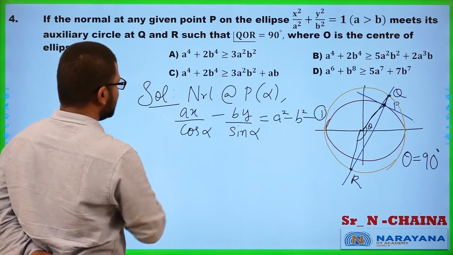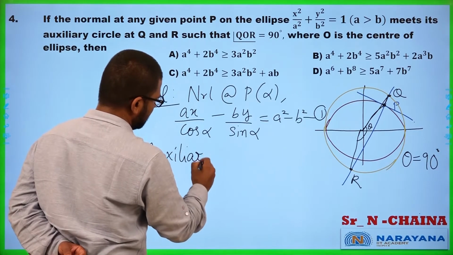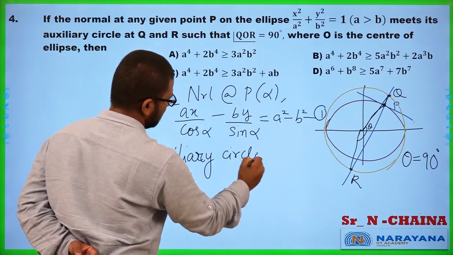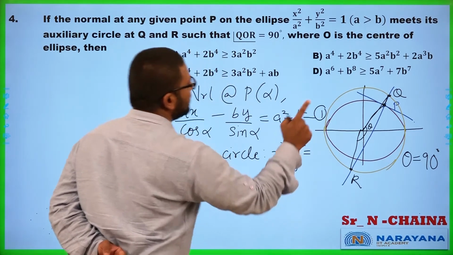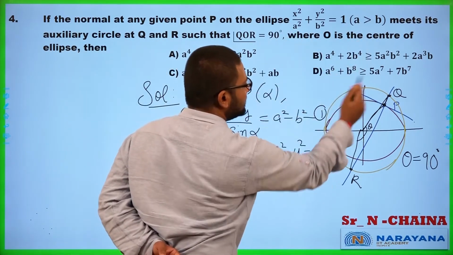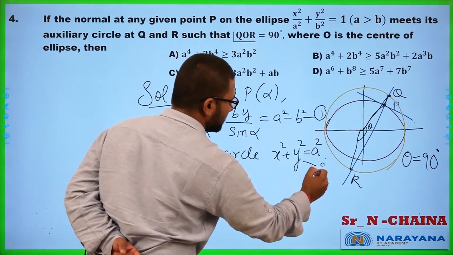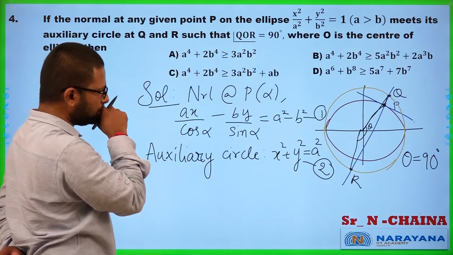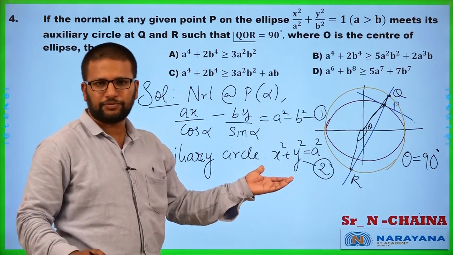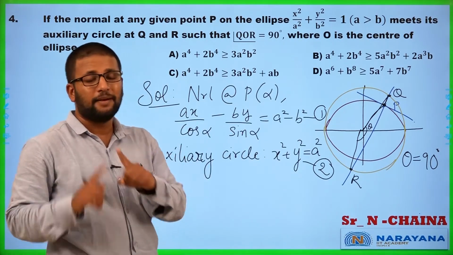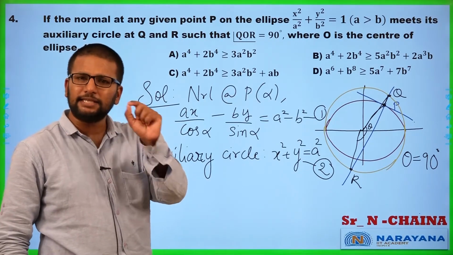And what is the equation of the auxiliary circle? Auxiliary circle is given by x square plus y square equal to, what is the radius? Here it is given that A is greater than B, therefore for the auxiliary circle, the radius is A. So x square plus y square equal to A square. Alright, so then it is given that the normal intersects at 2 points Q and R. We can find the coordinates of Q and R. That will require us to solve these two equations, but you see the question doesn't expect us to find Q and R, because there is a very interesting observation.